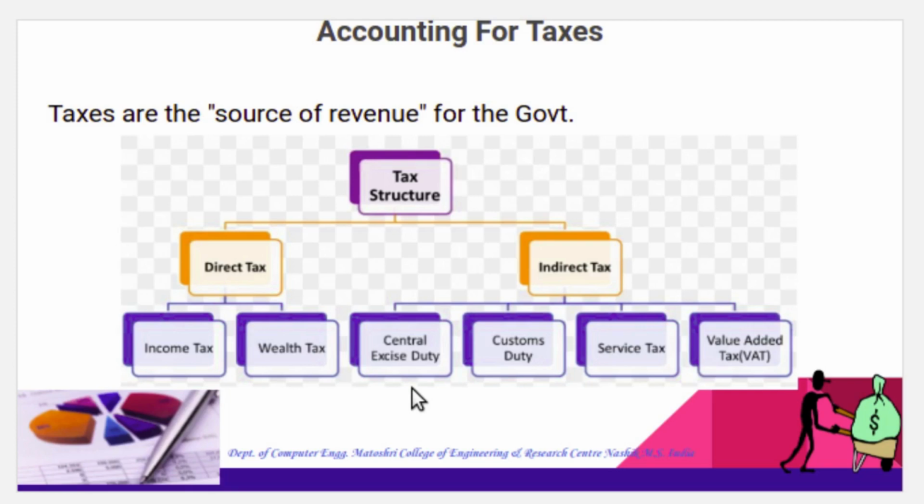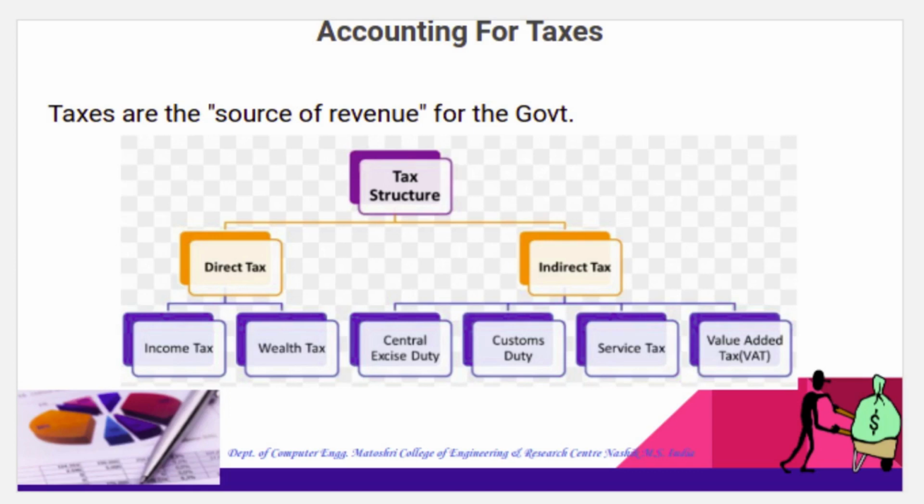1944. Then after that there is service tax, which again belongs to indirect tax. This service tax is imposed on the gross or the aggregated amount charged by the service provider to the recipient. Then next is sales tax. This sales tax or VAT was paid by the retailer, who would then shift the tax burden to the customer by charging the sales tax on the goods and the service.